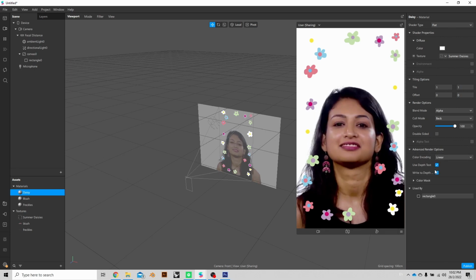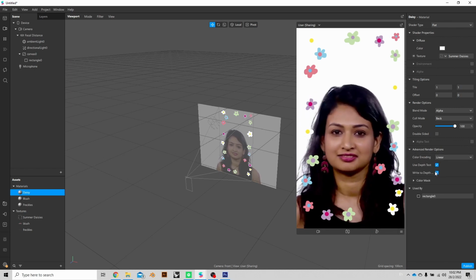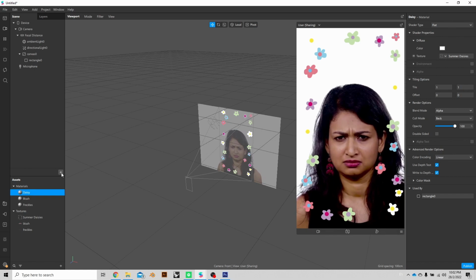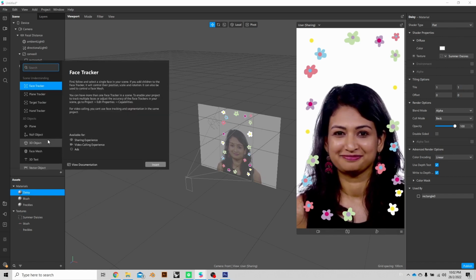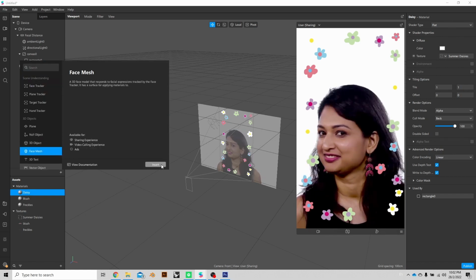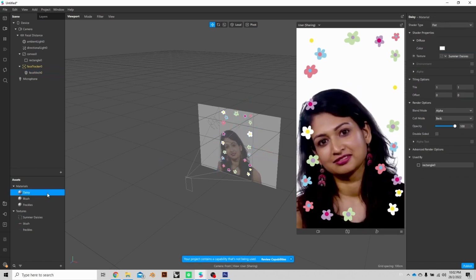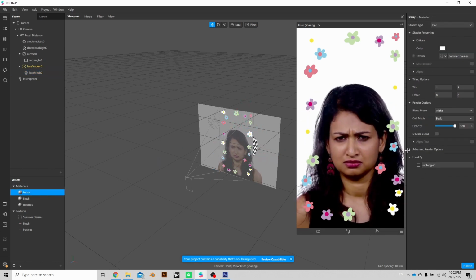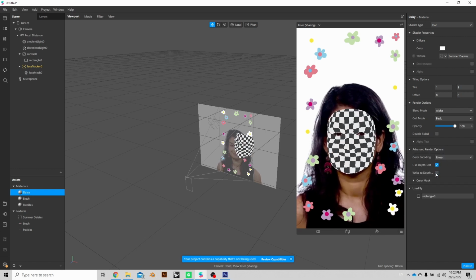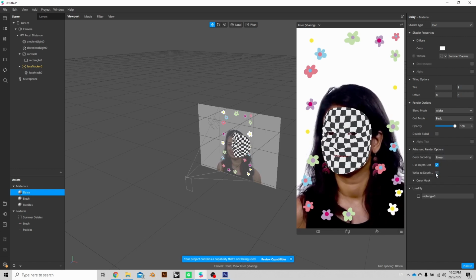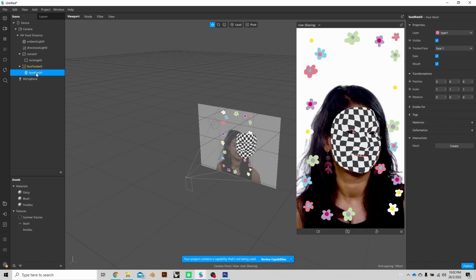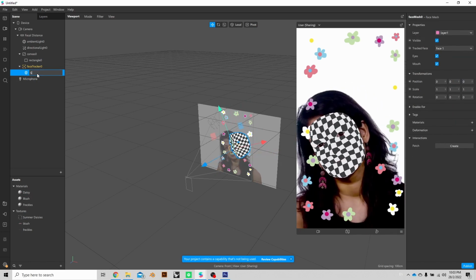And then what you need to be careful here is to look at the advanced render options, because if you are adding a face tracker for your skin smoothing and your blush and freckles, it might not be seen. So you just need to uncheck the write to depth box, and you can see the